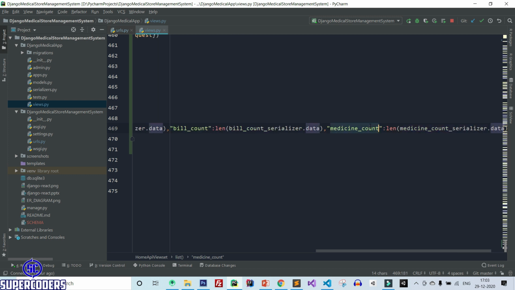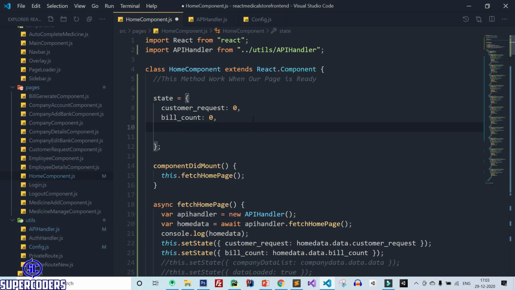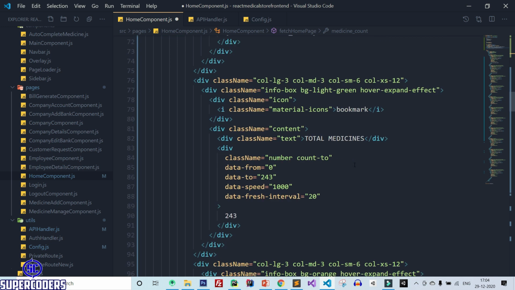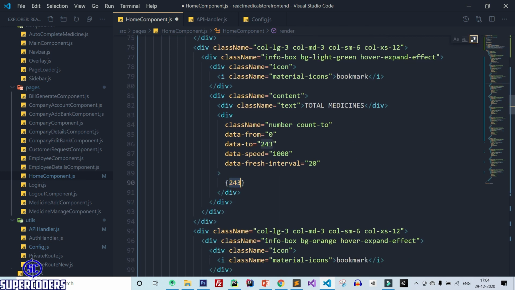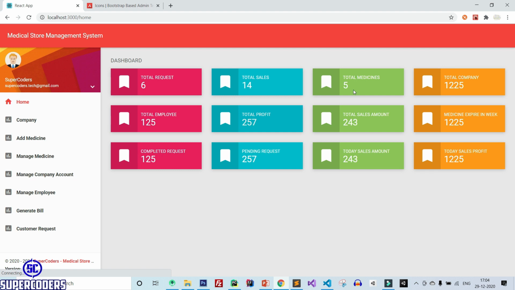Now copy the key name, save this page, back to VS Code, and add it again in state: 0, and medicine count, home data dot data medicine count, total medicine, this dot state dot medicine count. Save it, back to Chrome, and you can see total medicine 5 is showing now.